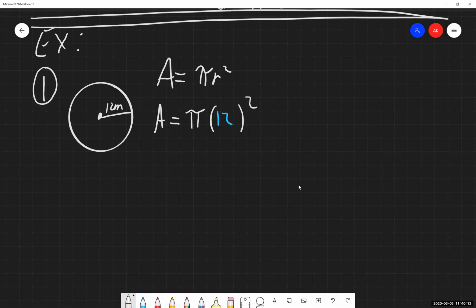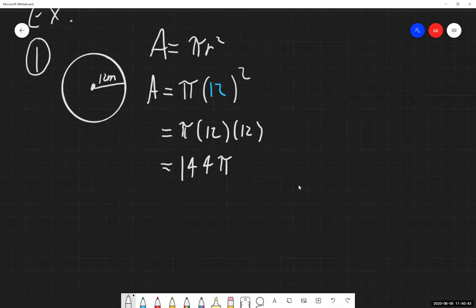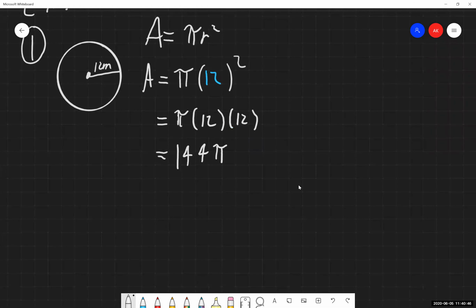So as we are going through and simplifying this thing, we are going to be following PEMDAS in our order of operations. So parentheses first, can't do anything to the 12. Exponents, I have everything inside the parentheses being raised to the second power, which is the same as saying 12 times 12. I'm just going to write that out explicitly once here, just so we are seeing that. It's a refresher. Multiplication, 12 times 12, it's going to give me 144 times pi. We now have 144 pi, and now we plug that into our calculator to find our answer.